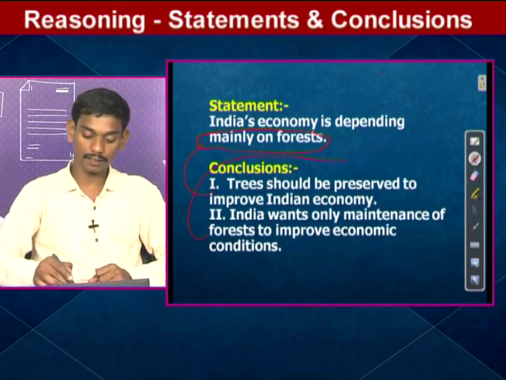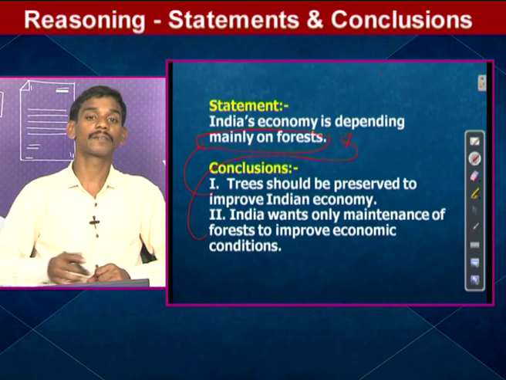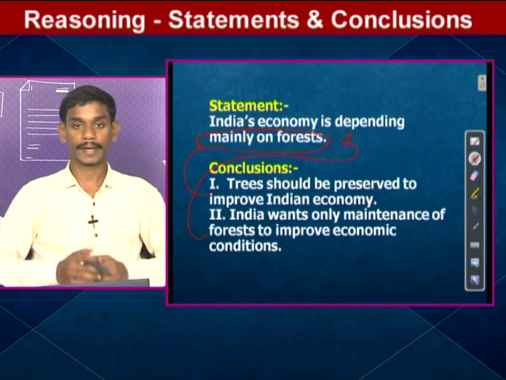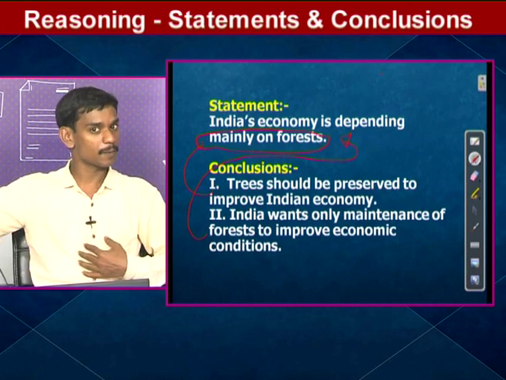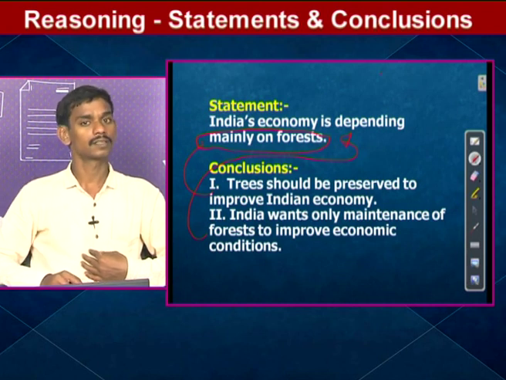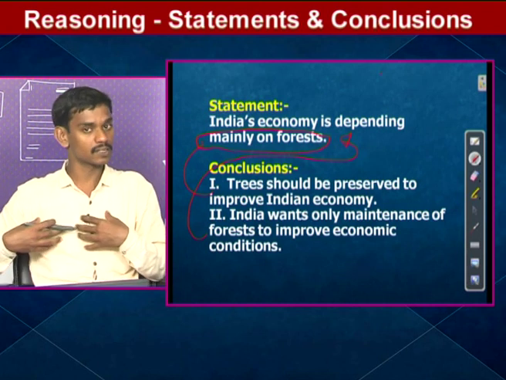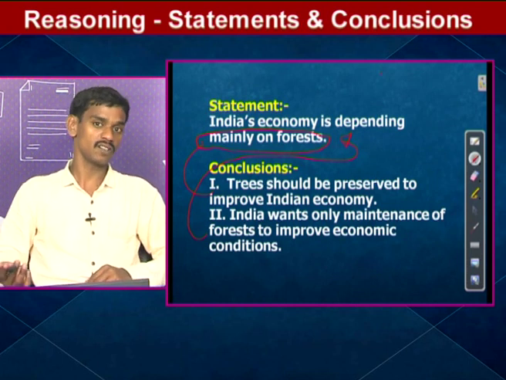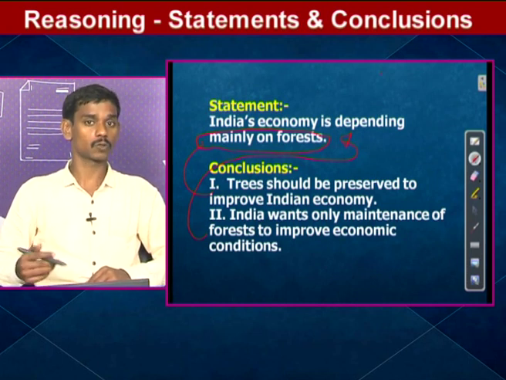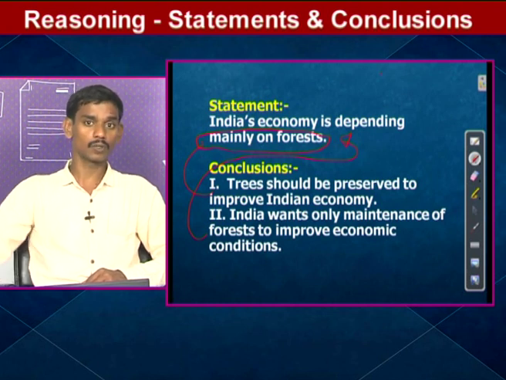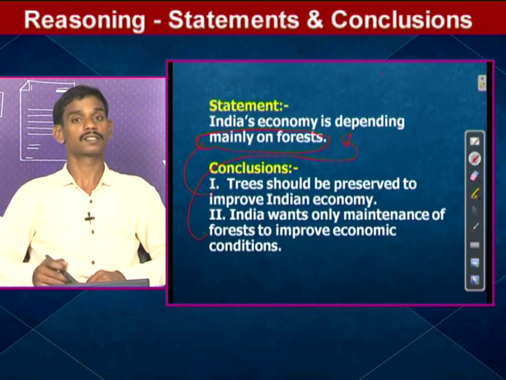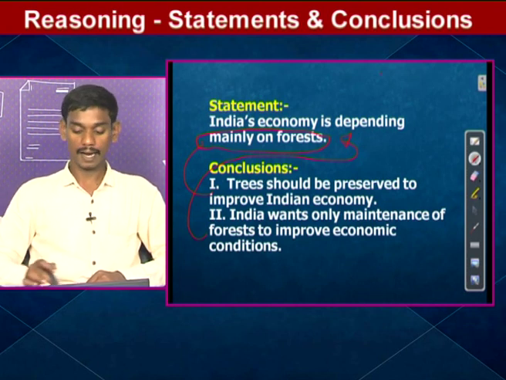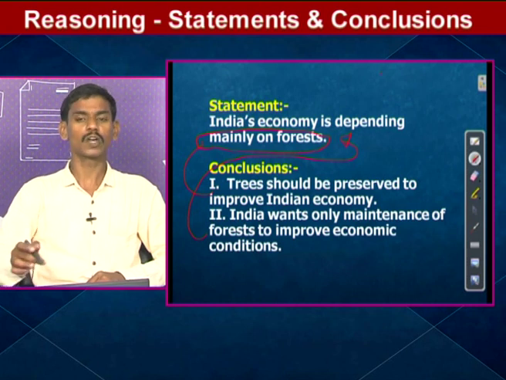This is not as strong as the first. Okay, suppose I depend on one person, my best friend Anand. That is why I want to talk with Anand, but I will talk to others also. Like that, India's economy is only depending on forest, that is why we want to save trees, and India wants to only maintain the